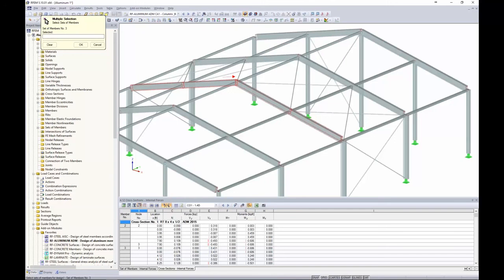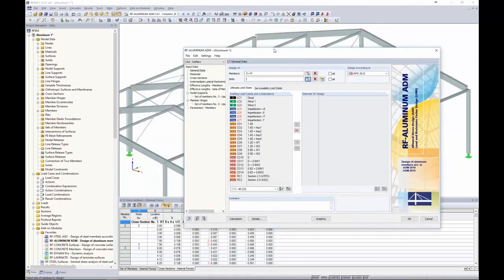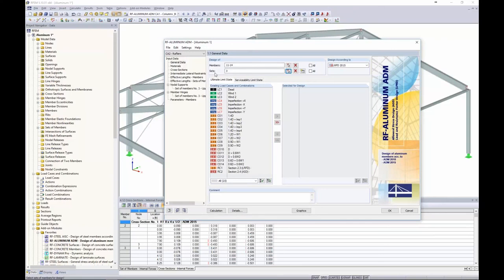Now you can also manually create a set of members back in RFEM by highlighting it, right-clicking, and choosing to create set of members. But essentially, this entire rafter will be designed as one continuous member. Notice it doesn't necessarily need to be in a straight line. It does need to be in the same plane, but the fact that it bends where the pitch of our roof is no problem. So I just want to show you the comparison of the members versus sets of members